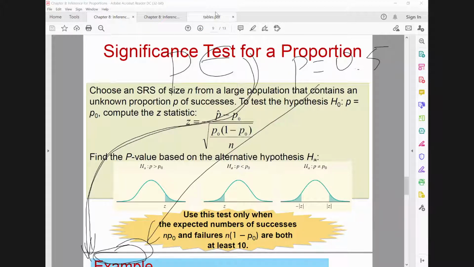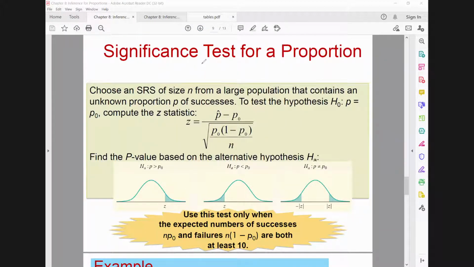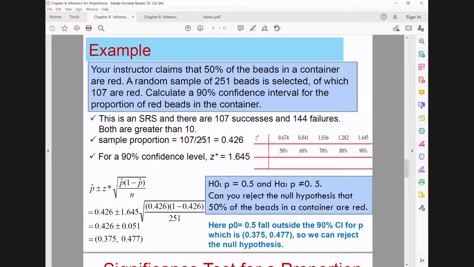We have another way, which is to use the significance test for a proportion. That means we use the same strategy as it was used in chapter 7. Before moving to this, we have to check if the number of successes and the number of failures is more than 10, which is obviously true here because the number of successes is 107 and the number of failures is 144. The remaining part is related to failures. Be careful, in order to apply the strategy, we need the number of successes.